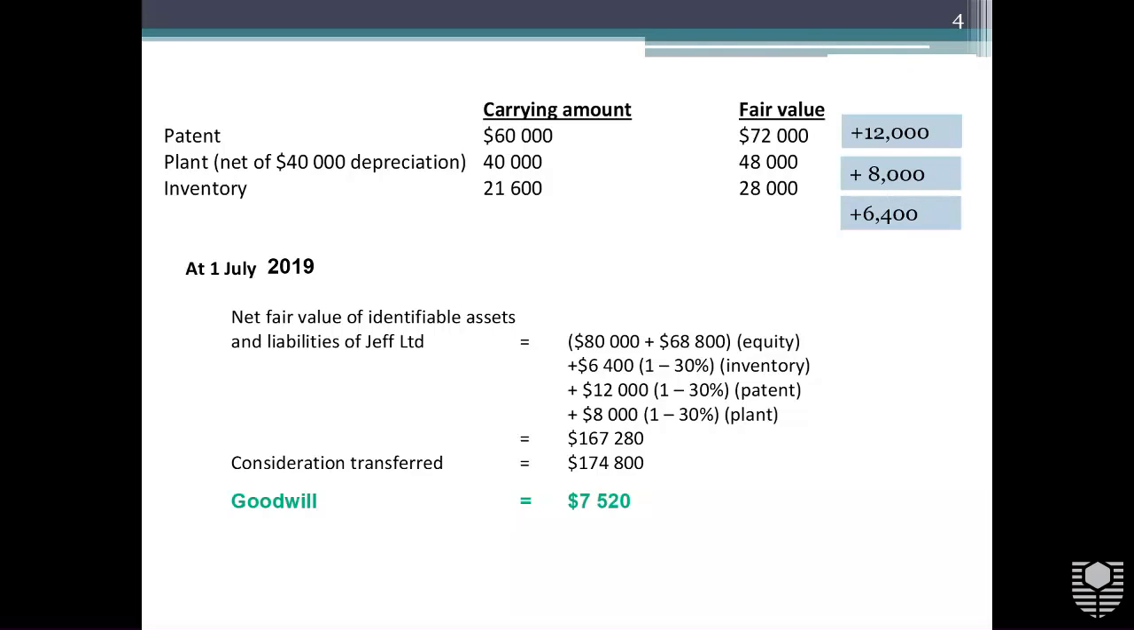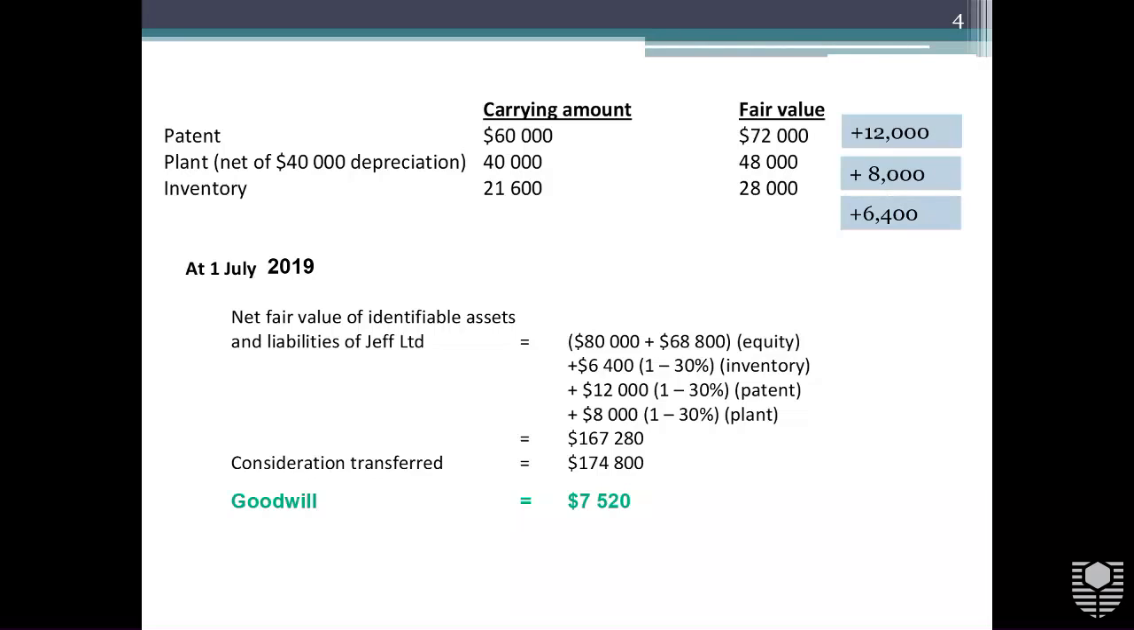So the first line there is your equity. Right, you might want to write along. Make sure you're writing as you're going along because it helps with your study. Your inventory, the difference between your carrying amount and the fair value of 6,400, we want to tax affect that. So we're only going to include 70%. 12,000 for the patent, 8,000 for the plant. Add them all up together gives us